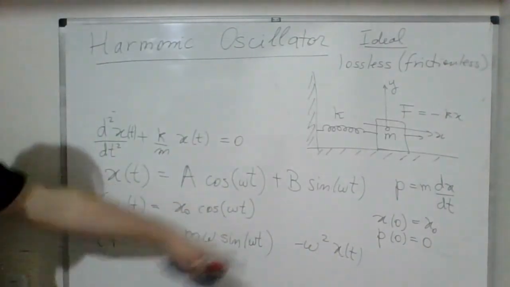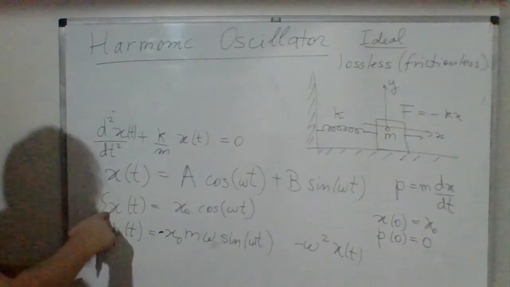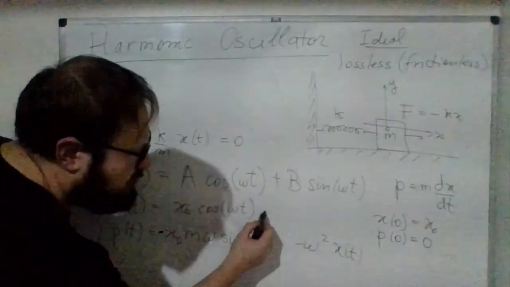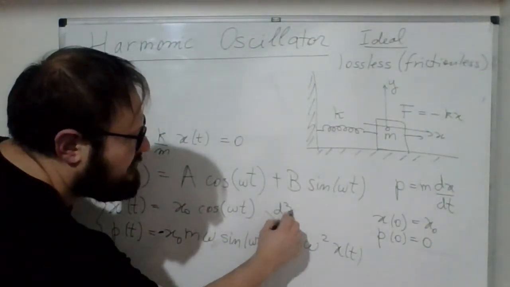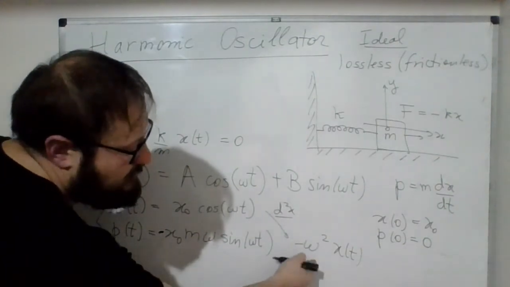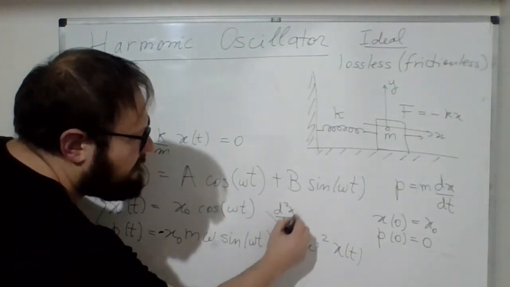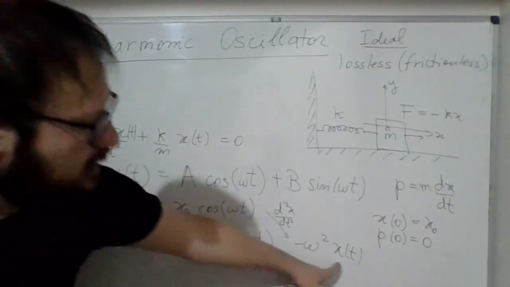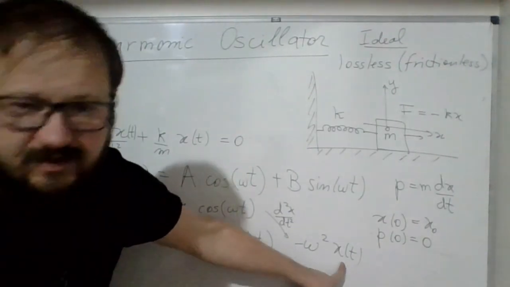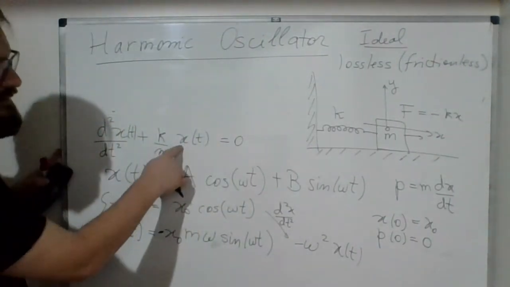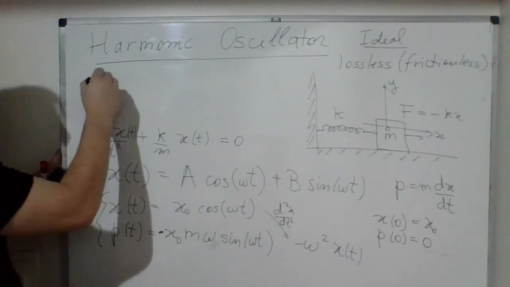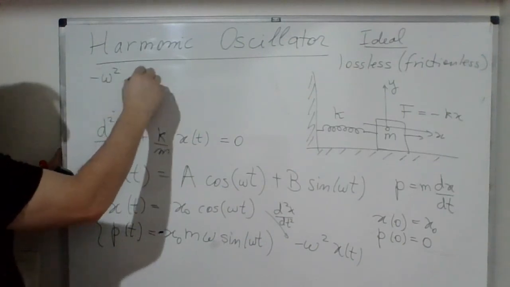So if you insert the second order derivative of this function here, you'll have minus the omega squared times the function again. And when you insert it here, you'll find something like minus omega squared plus k over m